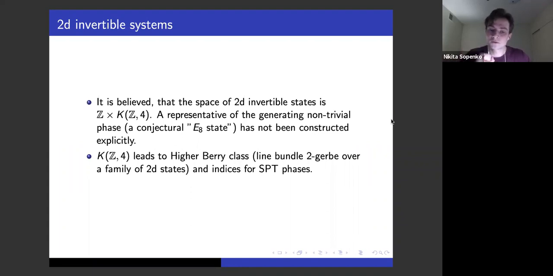But we don't know how to really make this picture precise. I believe it should be possible to describe these maps from BG to the space of states in this lattice framework, but we just don't know how to do that. That would automatically give us invariants from the invariants of families in the G-equivariant case.